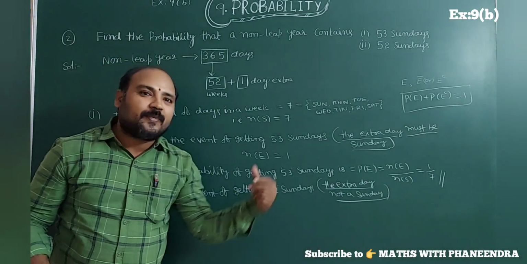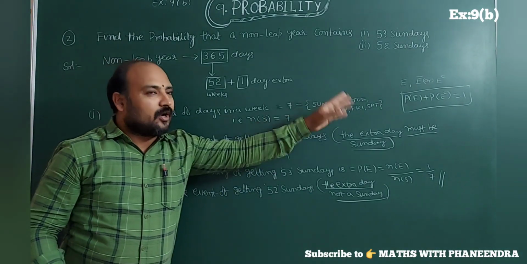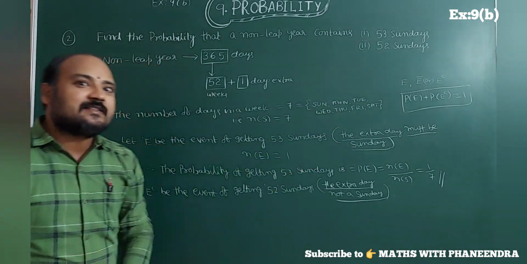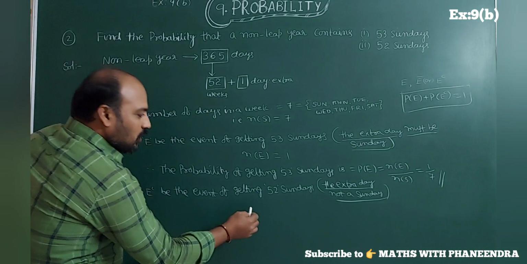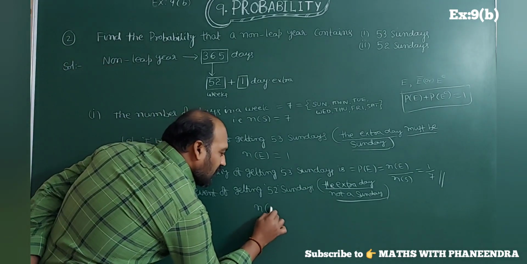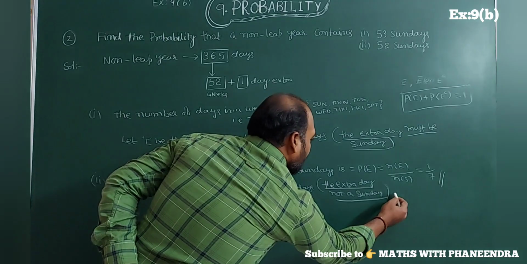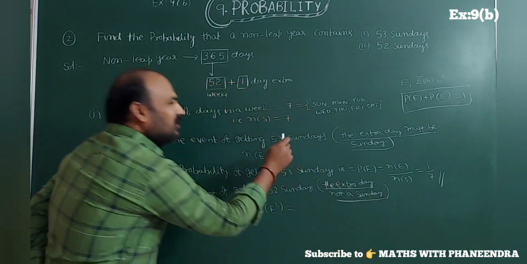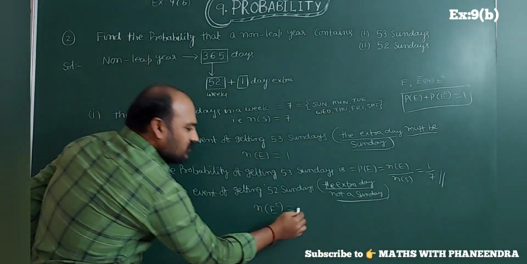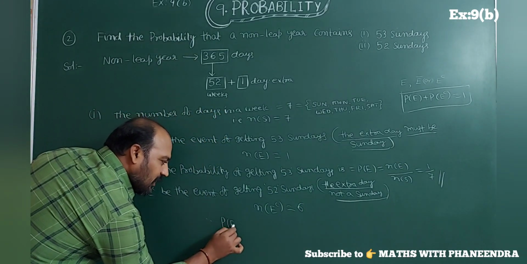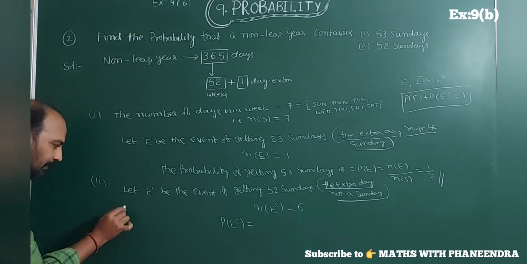Not a Sunday means what possibilities are there? Monday or Tuesday or Wednesday or Thursday or Friday or Saturday. 6 possibilities are there. So n of E complement is 6, except Sunday the remaining 6 are there, no? So therefore the required probability,